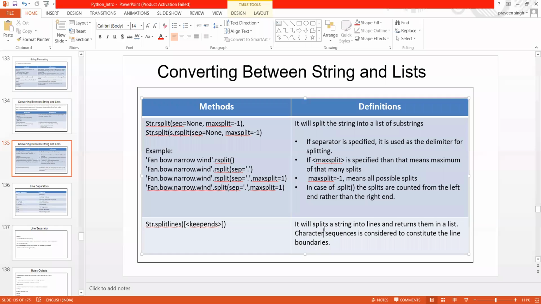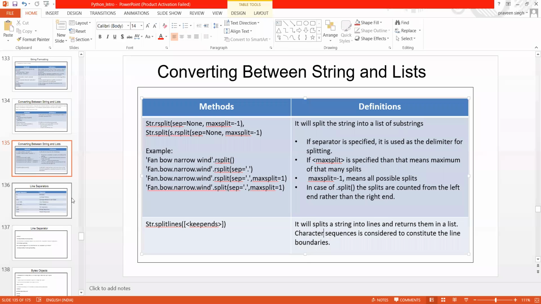How exactly I am going to split, what the boundaries behind that split are, all of those we need to specify. So you need to know what all the line separators are.